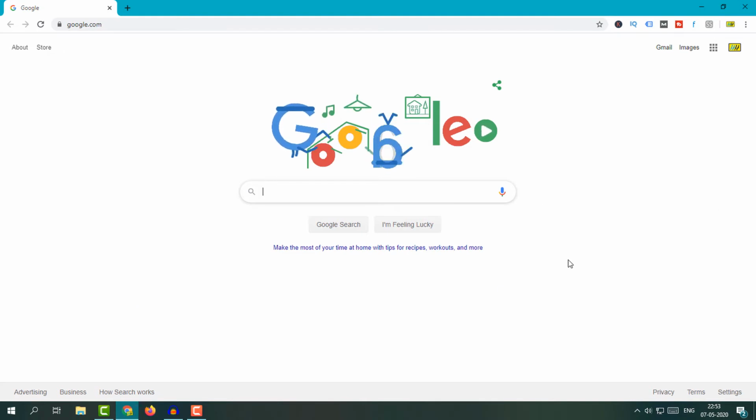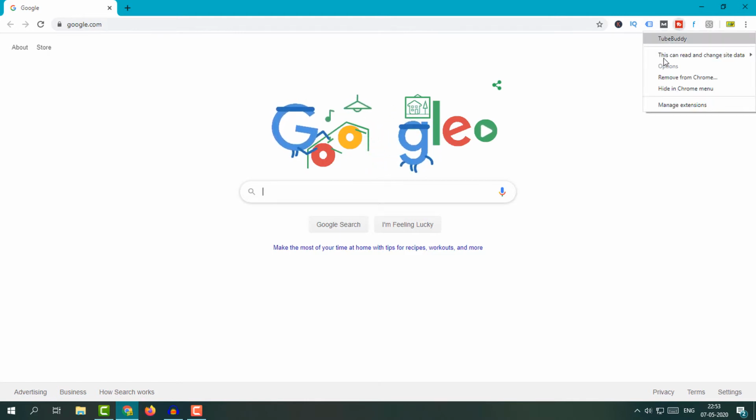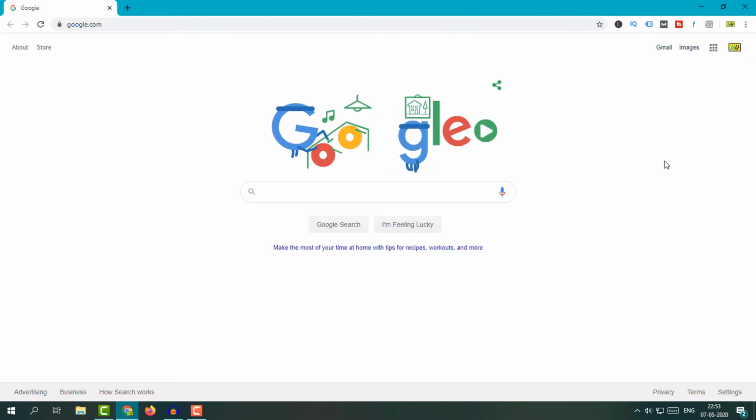So friend, first of all I'm going to open my Google Chrome browser. This is my Google Chrome browser. And here I'm going to explain to you what is extension first. So friend, extension is a facility if you want to use any third-party tool. Like here you can see many tools are available, and when I click here, for example this TubeBuddy, actually I'm using this TubeBuddy extension, so this is available over here. And right now I'm going to show you how you can install other extension into your Google Chrome browser.